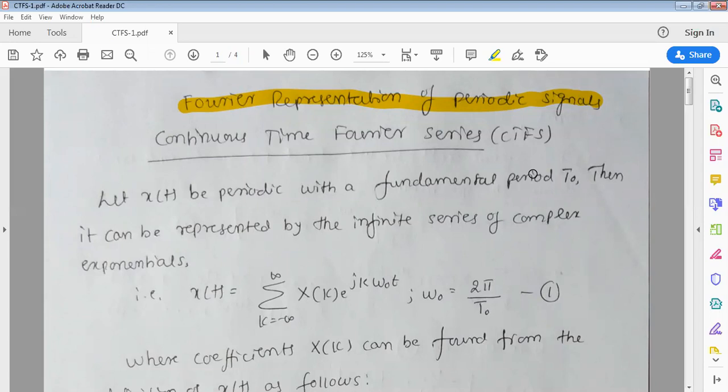Actually, there are basically two parts: Fourier series and Fourier transforms. Fourier series is written for generally periodic signals. Fourier transform is generally written for aperiodic signals. Any of you can tell me what a Fourier series or Fourier transform is doing for the signal? What information about the signal is this Fourier series giving?